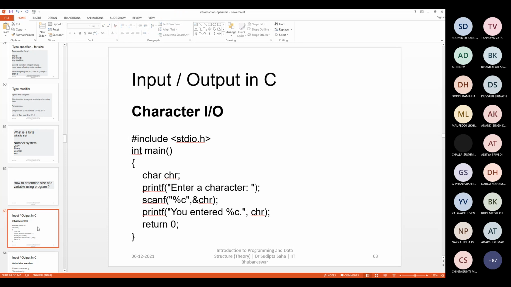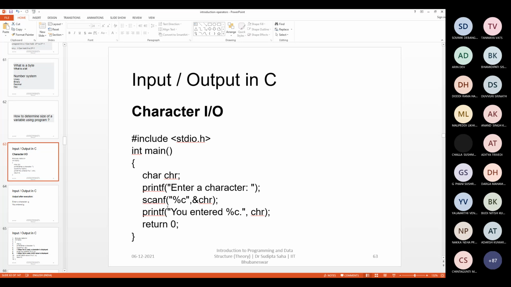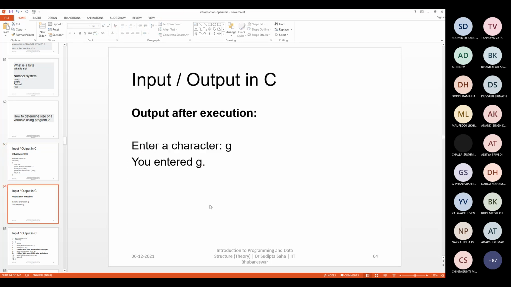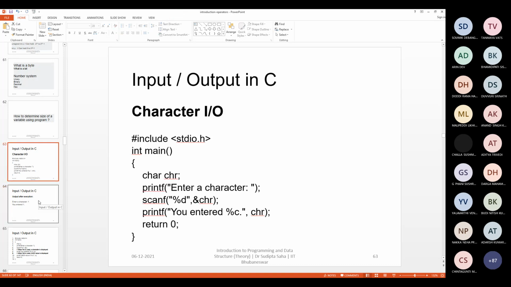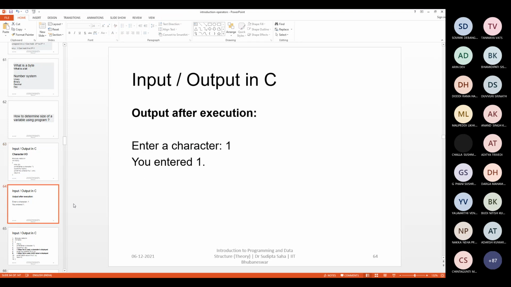So just a small experiment you can do: replace this with %d, run it, type 1, and then print. You'll see that 1 has been printed. There is no problem. But now if you change this to %c and then print, you'll see some other value printed.